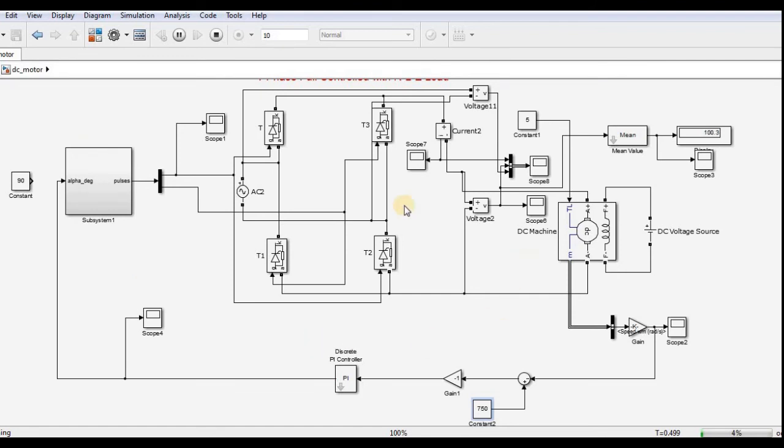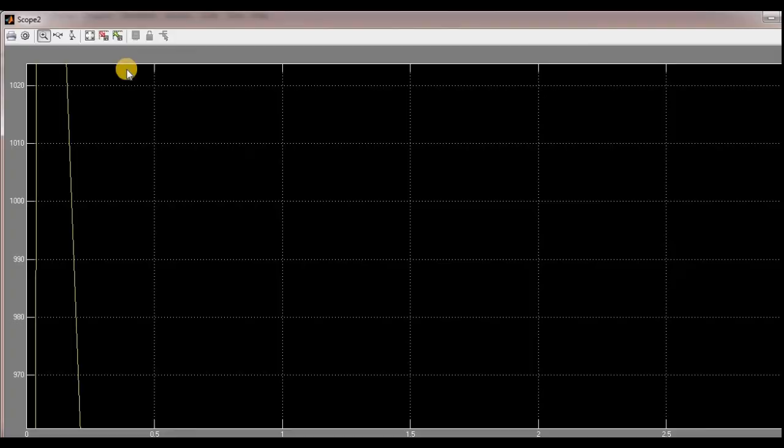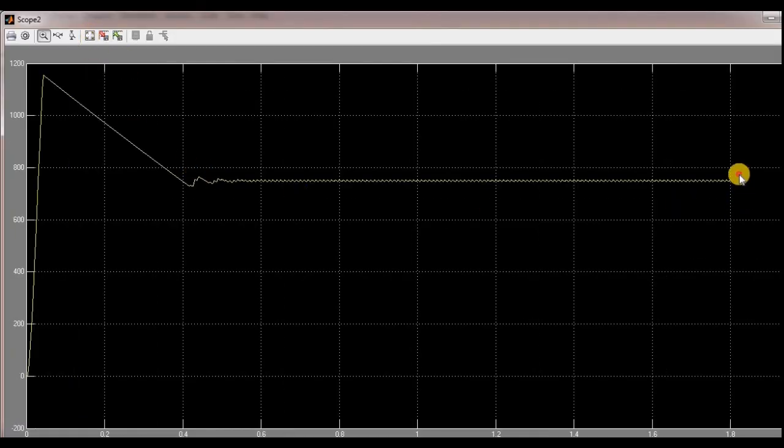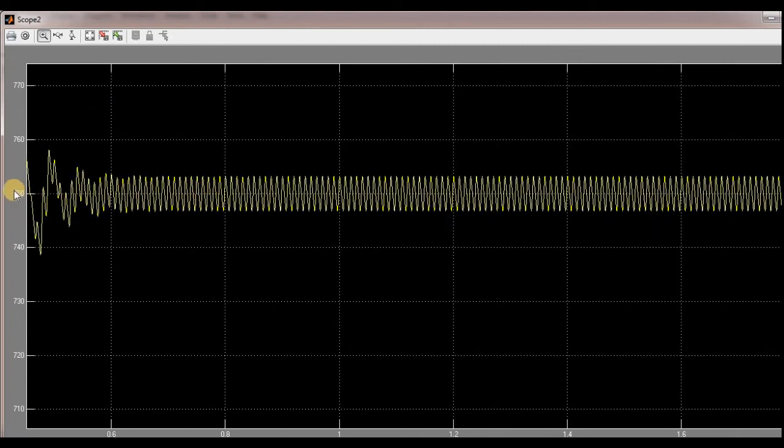By using this controller, you can make a small thesis or small project report on speed control of DC motor. It is called a simple speed control of DC motor. I am not considering the field controller, and I am not considering the IA torque controller. I am only considering the speed controller. Later on we will develop based on torque and many things. See, again I will stop it, and see, it is 750. The 750 is coming now.